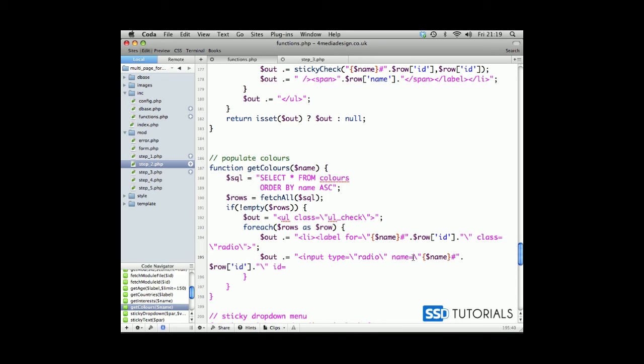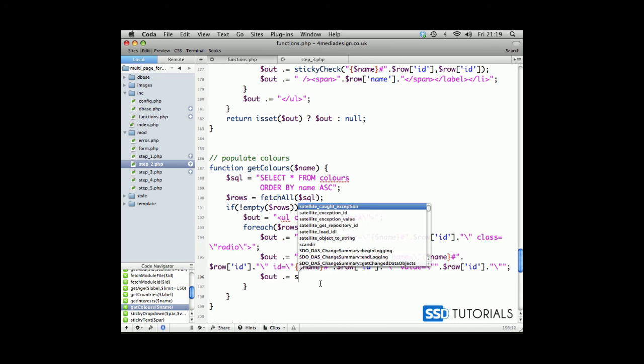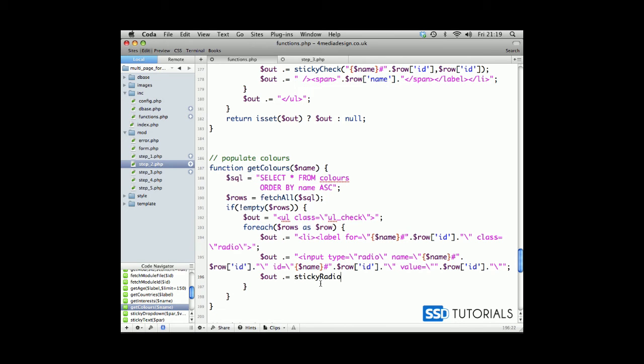So after the equal sign, first backslash and the double quote at the end. And then we have value, and the value will be double quote, then double quote again to escape, row ID dot double quote. And then we can place another double quote and semicolon, because now we are going to add the sticky radio function,